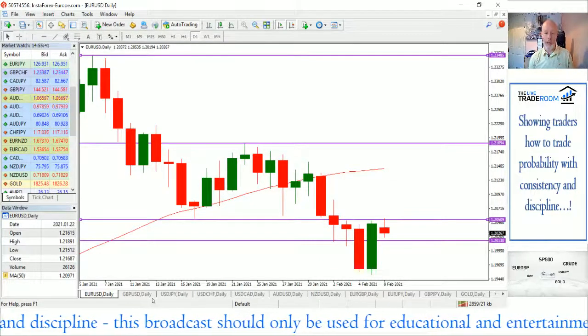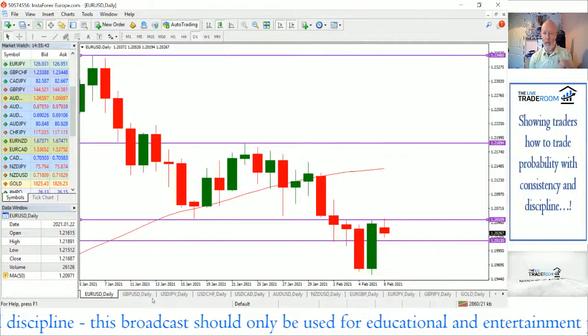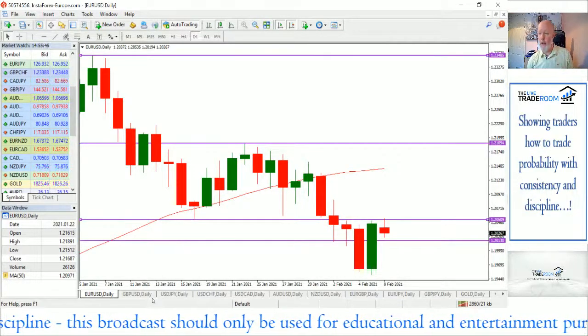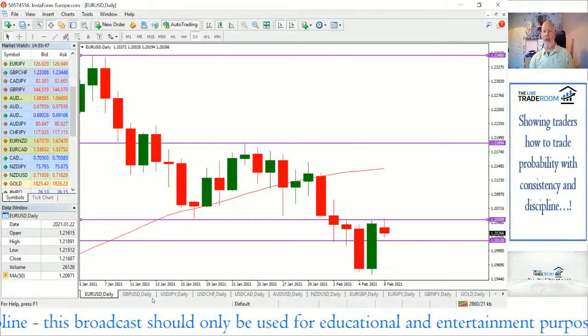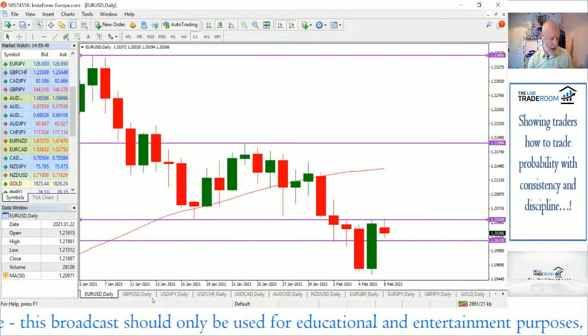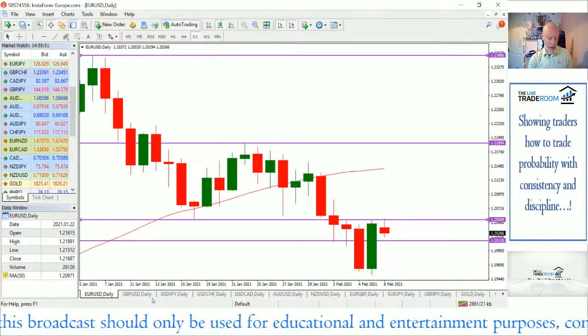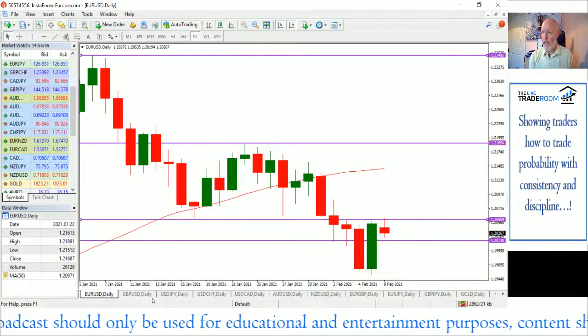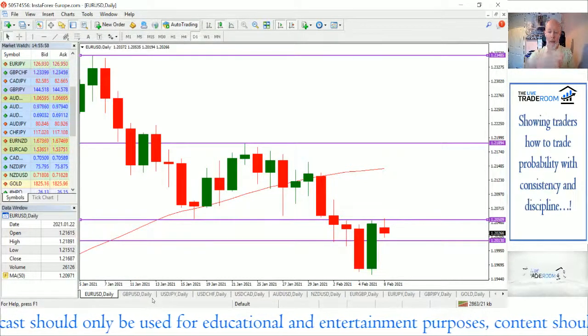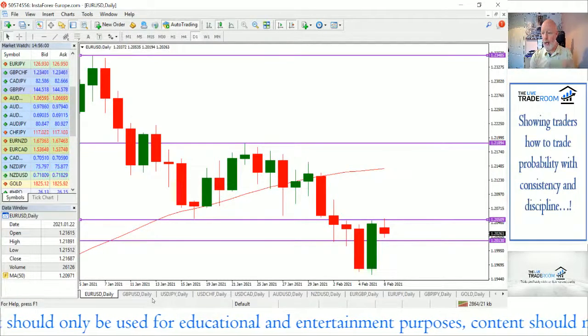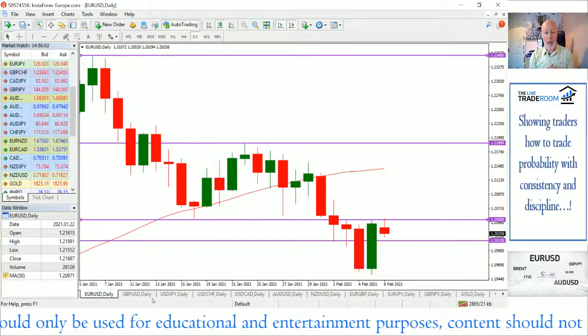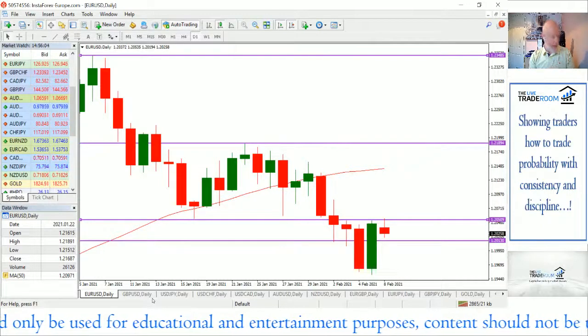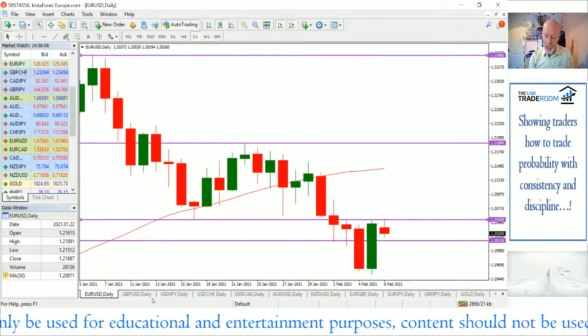Market conditions over the last couple of months have been really quite challenging, quite tough. So if you have been experiencing difficulties, a lot of retail traders have been, and it's about developing a trade idea and being able to execute that over time, and that's definitely been quite a challenging environment.